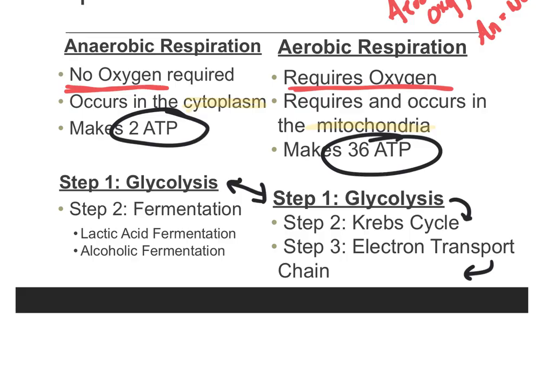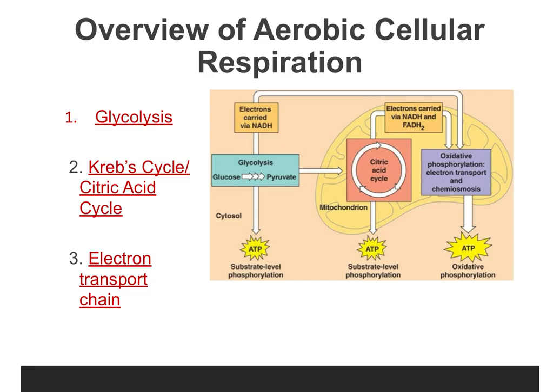Without oxygen, or anaerobic, we end up getting lactic acid and alcoholic fermentation. Let's go ahead and take a look at this. If we look at aerobic respiration, we have this first part right here. This glycolysis happens in the cytoplasm, and that is going to be whether with or without oxygen. However, if we're dealing with an organism that has a mitochondria and has oxygen, then you're going to have this